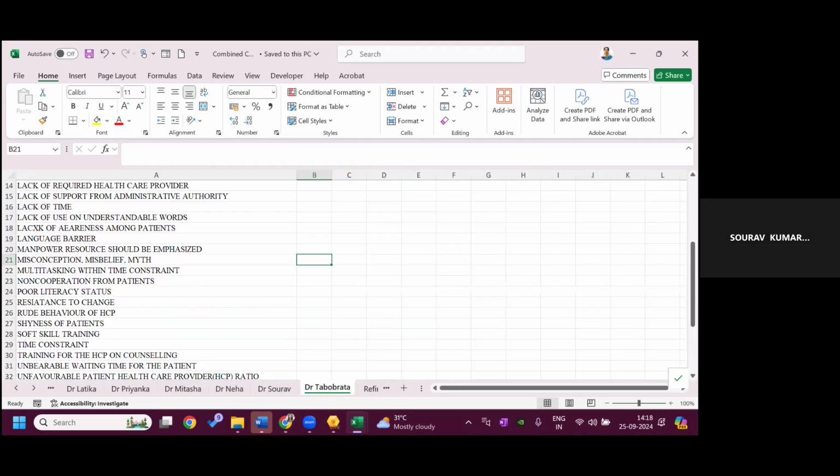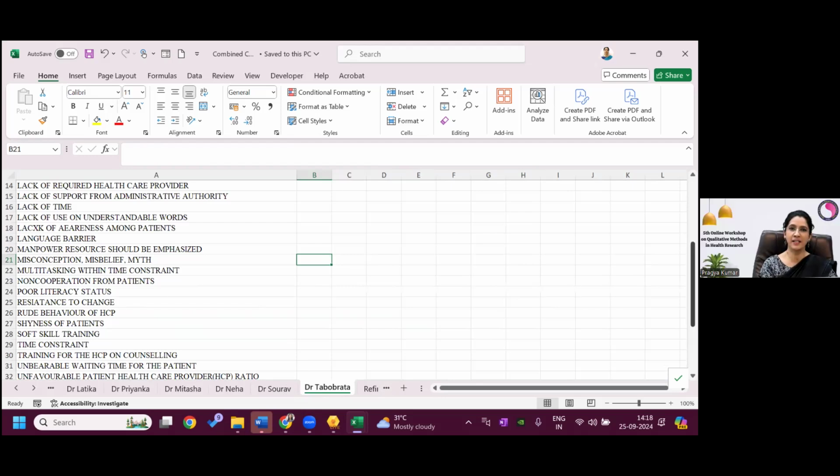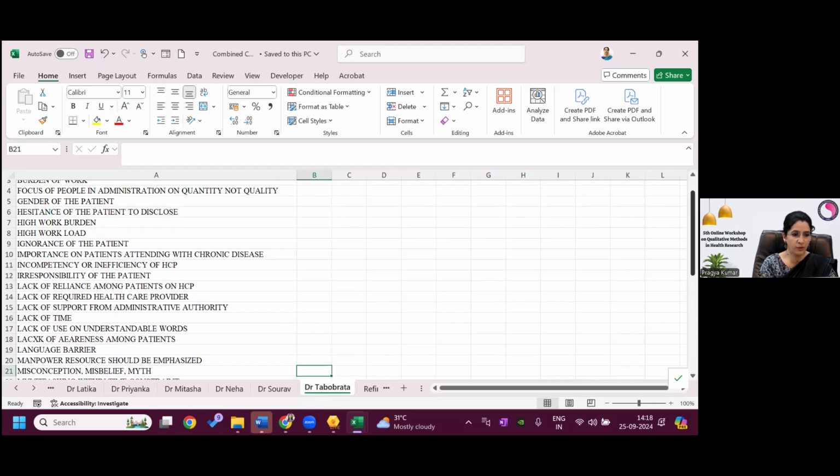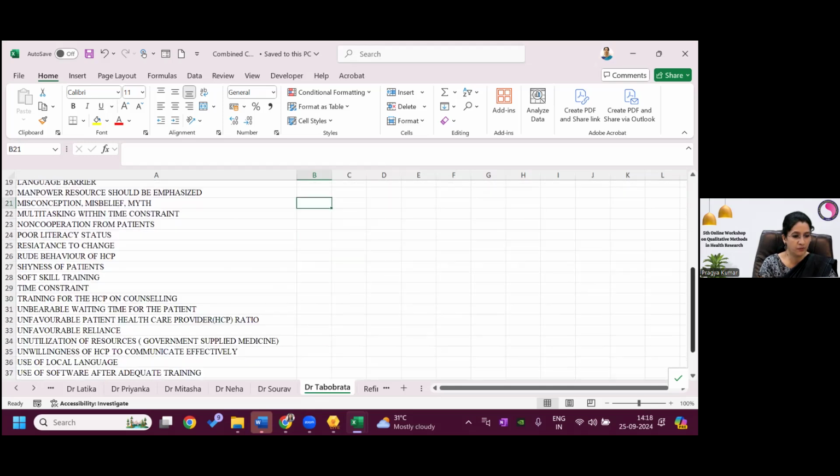Dr. Tapobrata: Madam, I have added a new file of codes. Yes, Dr. Saurabh, but actually we have included those codes which we had received till 9:30, because then we were working on your code book to make categories and all. That's why we have used your earlier version. Again, that's a good learning exercise, and after this exercise you are all well versed in the process of coding and generating the open codes. So this was Dr. Tapobrata.